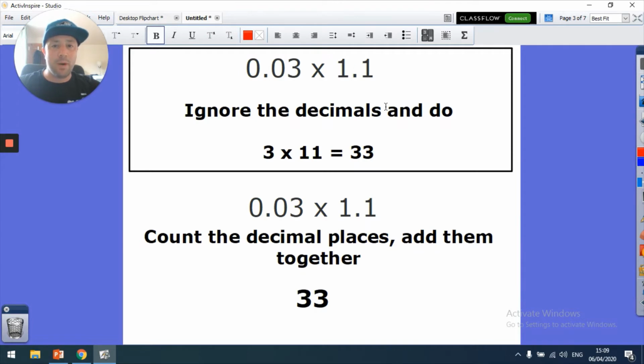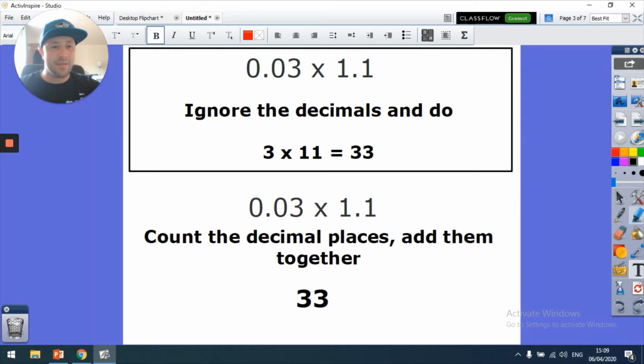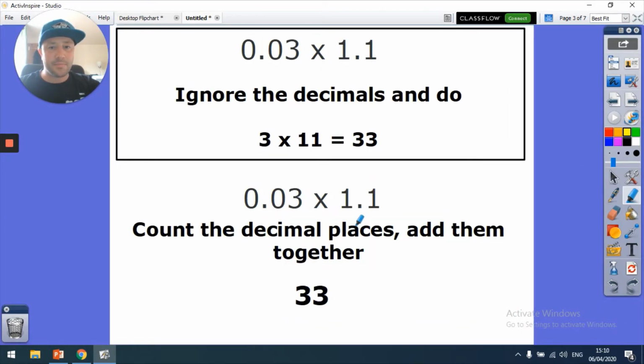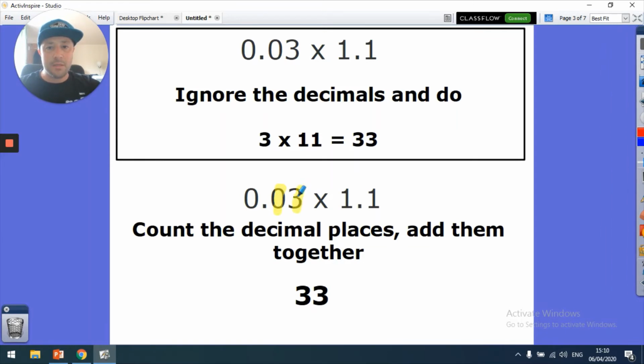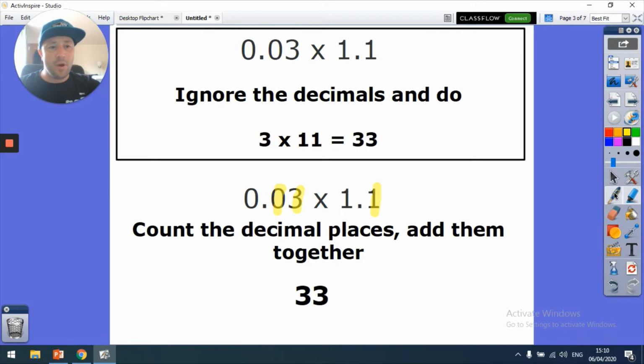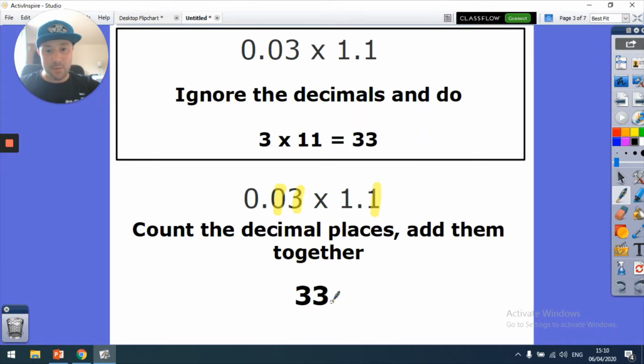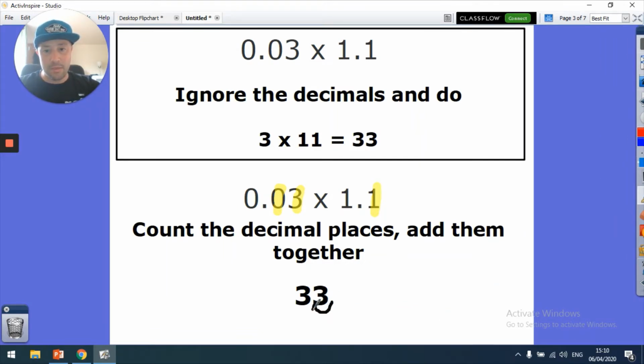times 1.1, I'm going to ignore the decimals and just do 3 times 11. Simple, right? 3 times 11, 33. Then what I'm going to do is count how many decimal places I had altogether. So let's have a look. We've got 1, 2, 3. So 2 and the 1 here, that's 3. So then I'm going to take where my decimal would be here, and I'm going to go 1, 2, 3, put my decimal point there, put my 0 placeholder in there, and that means